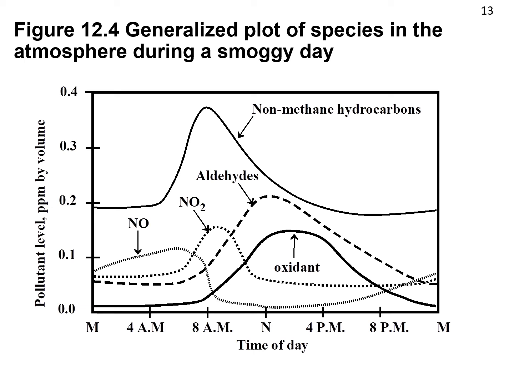Under normal conditions, that oxidant, the ozone mostly, appears just as NO2 begins to react with light to form atomic oxygen and that ozone. So it makes sense that the oxidant pollution would be higher during the day, since it needs light for the oxidant to be formed, and light happens during the day.